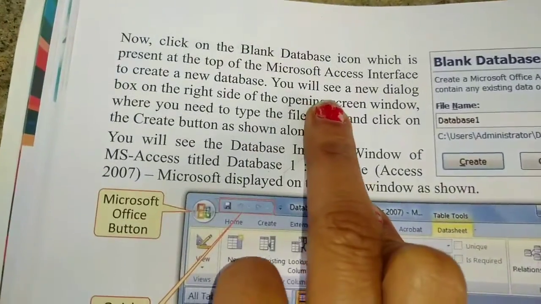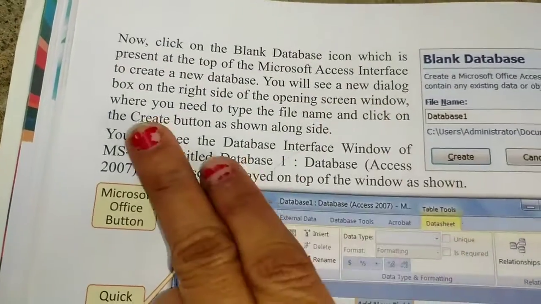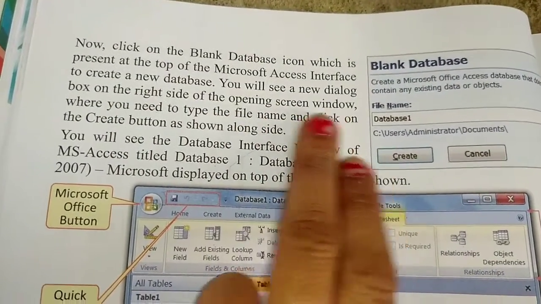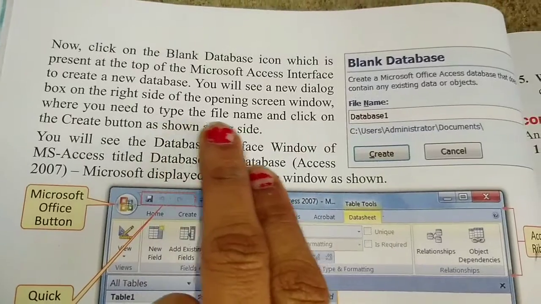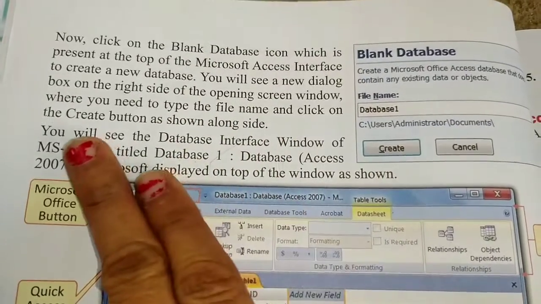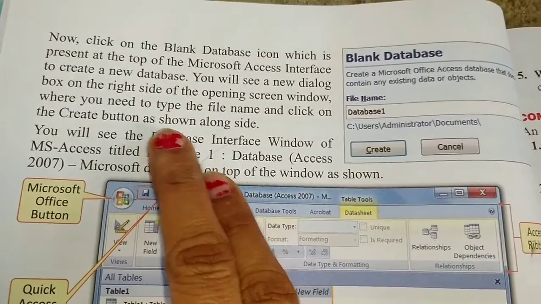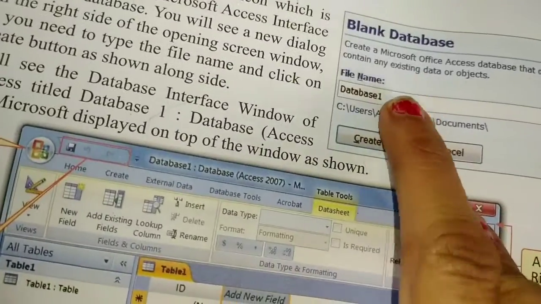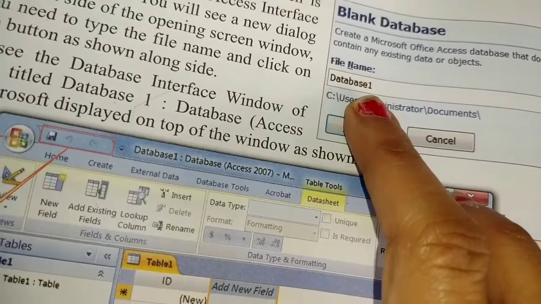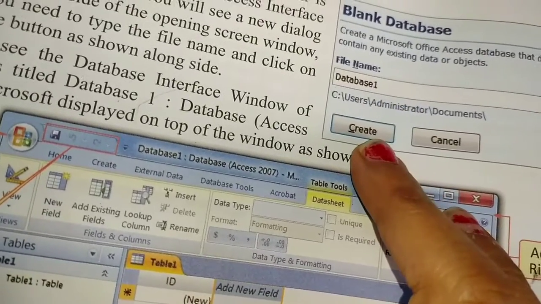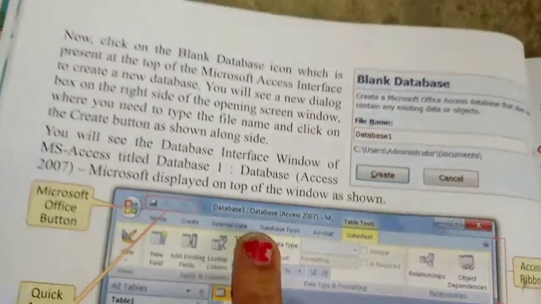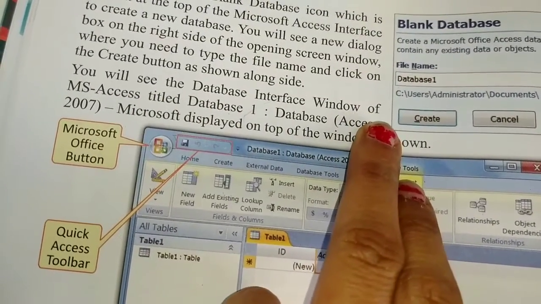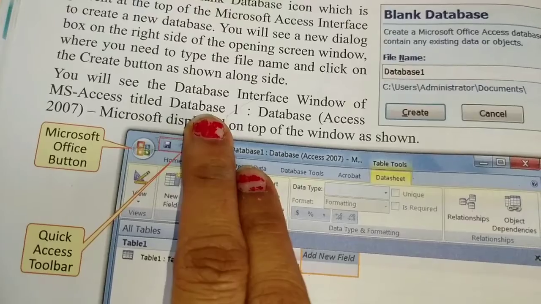You will see a new dialog box on the right side of the opening screen window where you need to type the file name and click on the Create button. Means this blank database will open, you write the file name, and when you click Create, your file will be created.